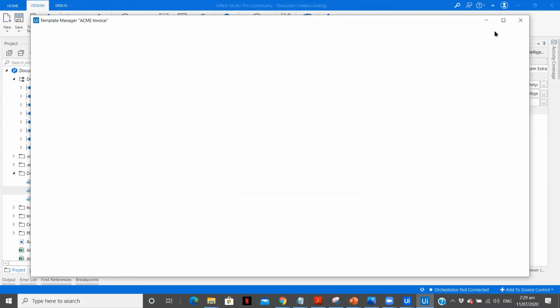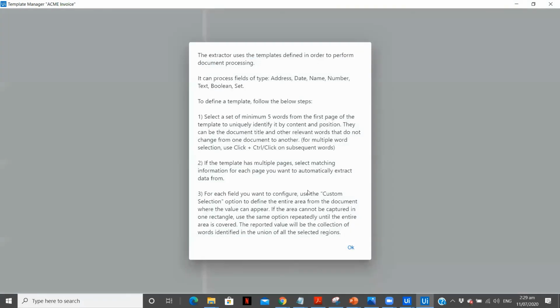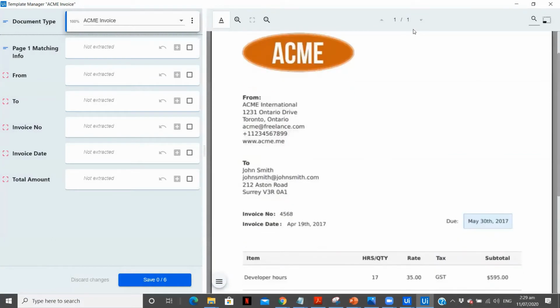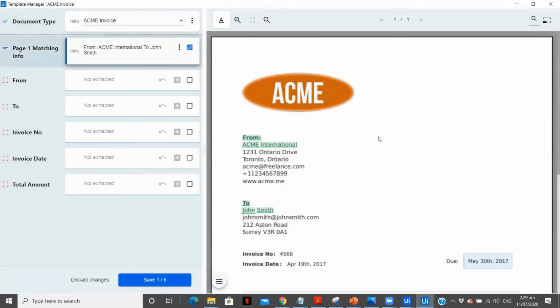So yeah, this is the screen where we can configure my template. While configuring, if you have single page or multiple pages, you need to select 5 unique fields which will help you identify the page. These are some fields I've selected, and I've pressed Ctrl and selected these fields.